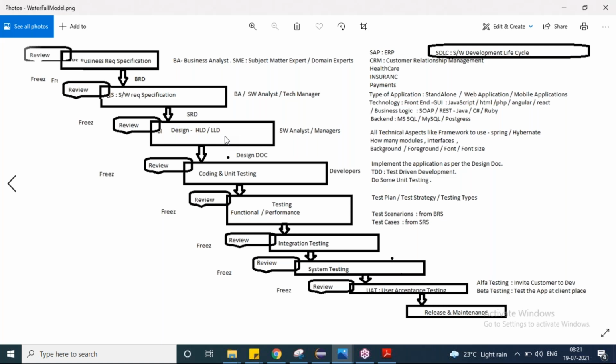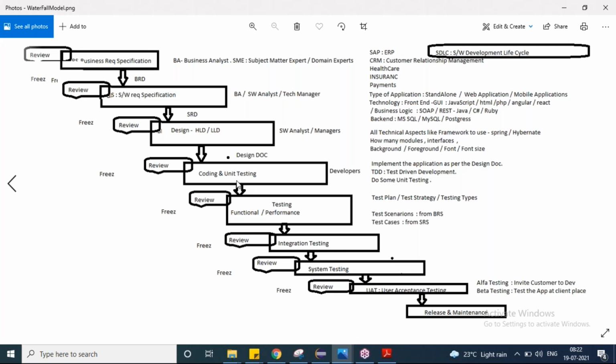then the fourth stage. The output of the first stage will act like input to the second stage. Similarly, every stage in this model works the same way, and the output of that stage will be frozen. And here we come to the coding stage, where the developer writes his original code. Once the developer wrote his code, there is a term called unit testing, right? That unit testing we also call white box testing or glass box testing.